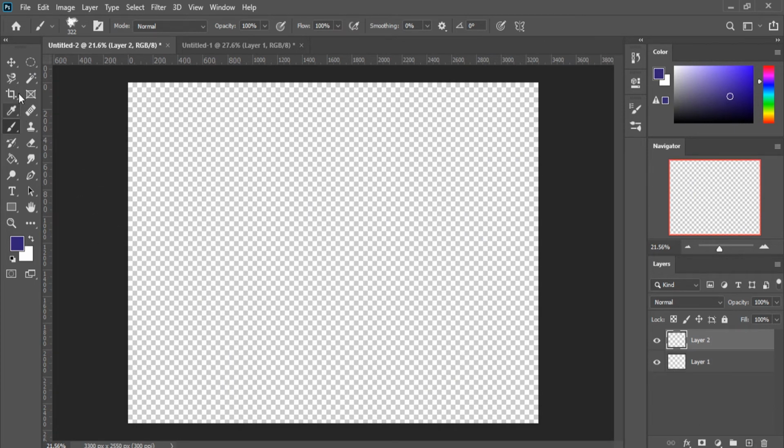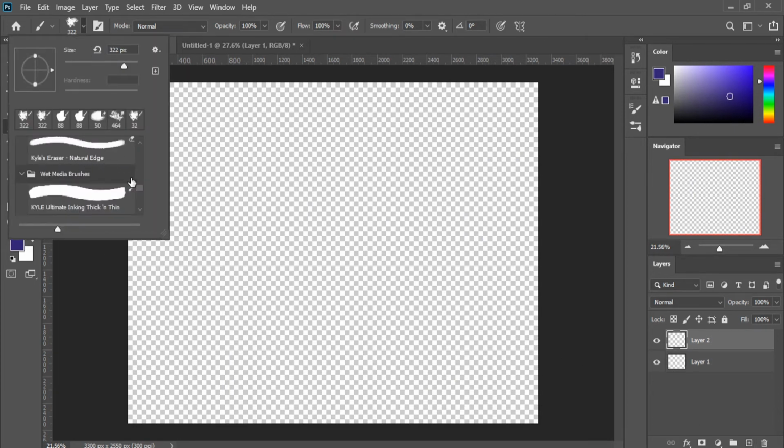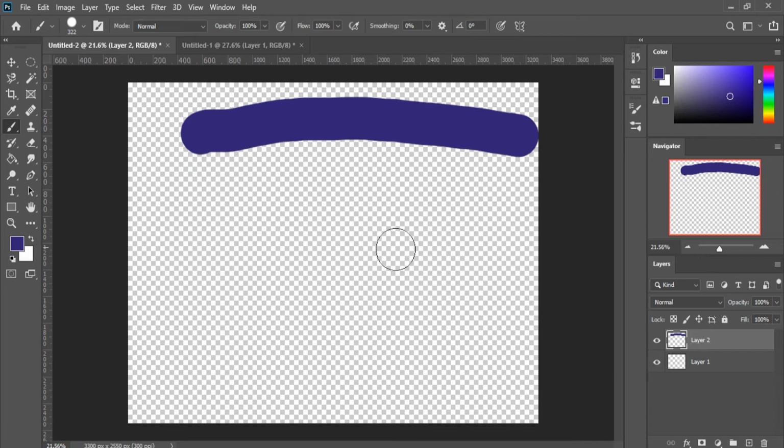Start new. We'll actually use a normal brush. Just go with a hard brush. So if I have flow at 100%, it just draws a normal line. And you'll really start to see this when you get down to the lower flow values. But if I use a 20% flow value, you can see that as I drag,